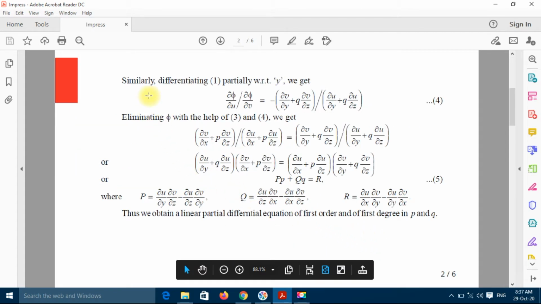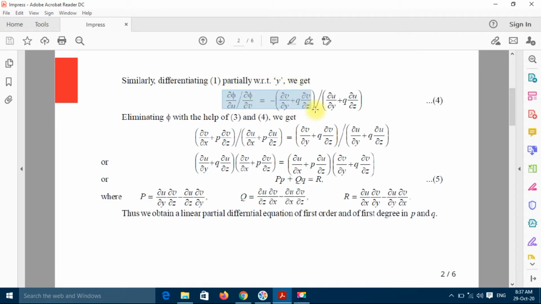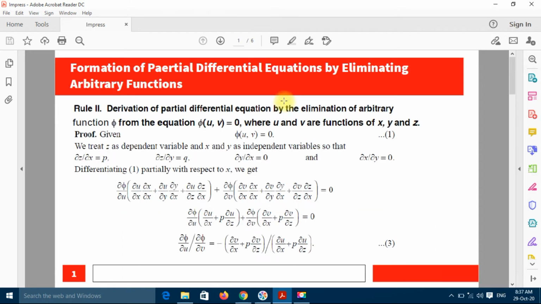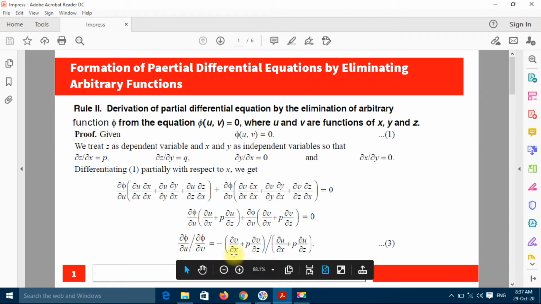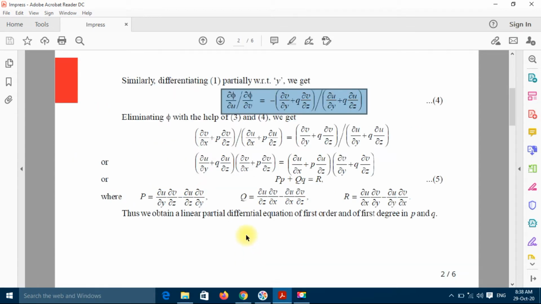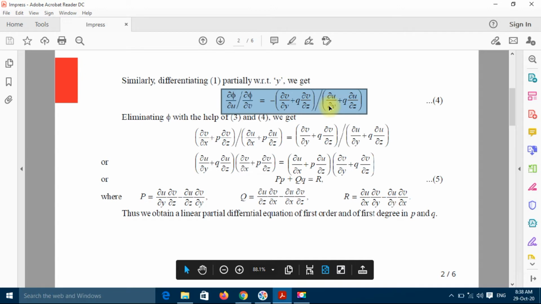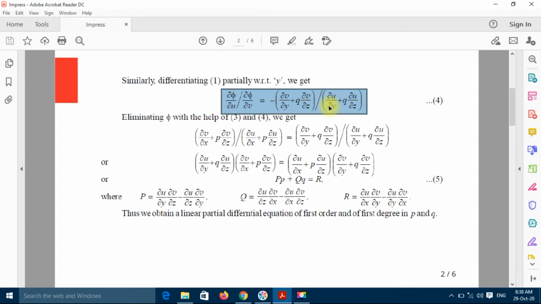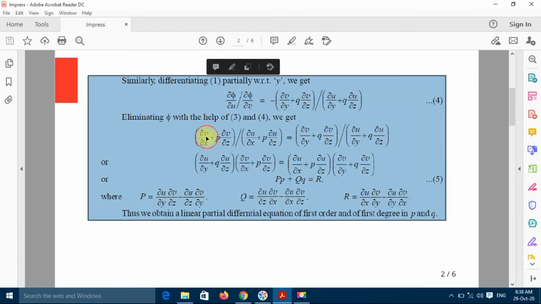Now again we differentiate equation number 1 partially with respect to y, we get such an equation, because in equation number 3 here, if we replace x by y and p by q, then we get the required equation number 4. Now equations 3 and 4 both have left hand sides equal, so their right hand sides are also equal, so this will be the equation, and we cross multiply it and simplify it, then